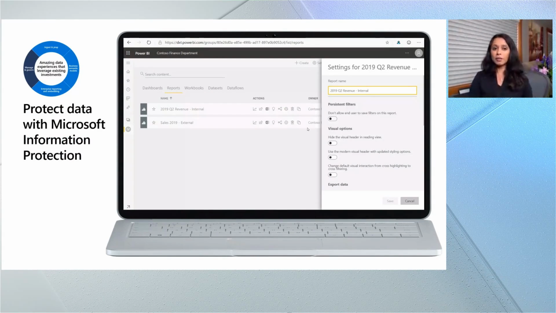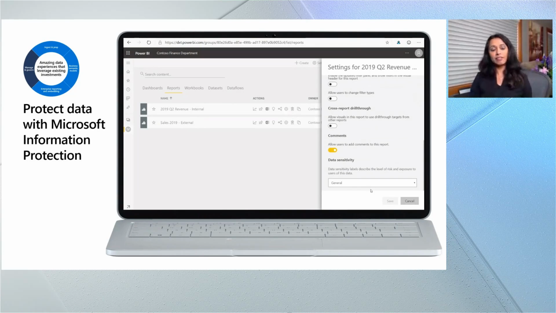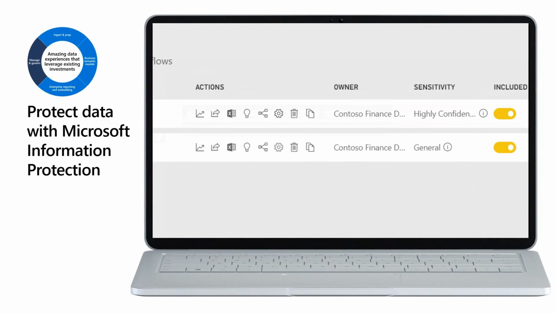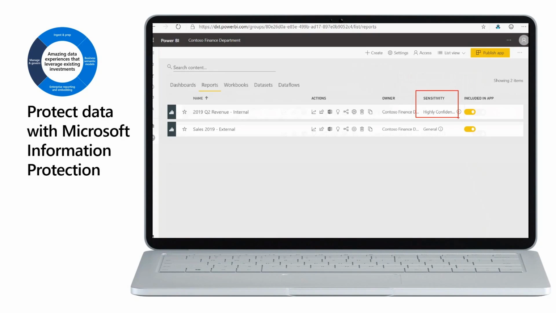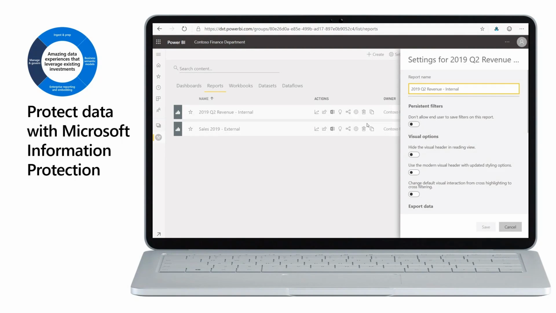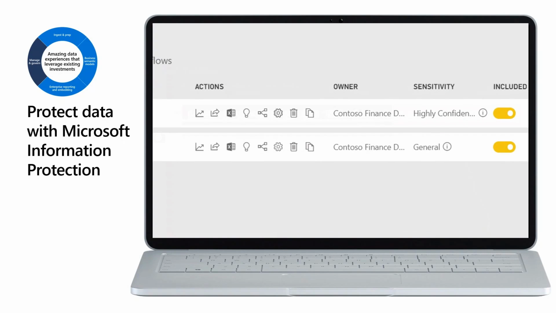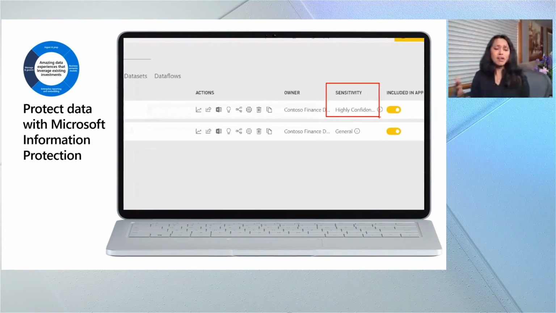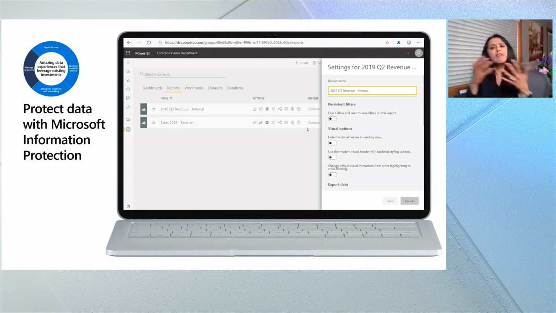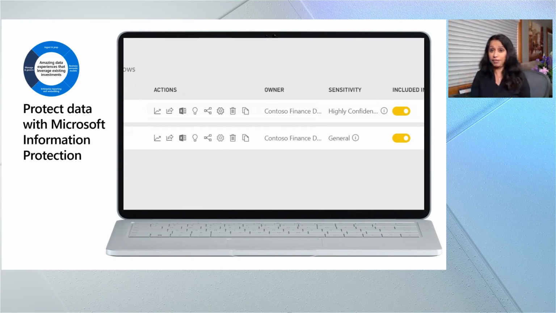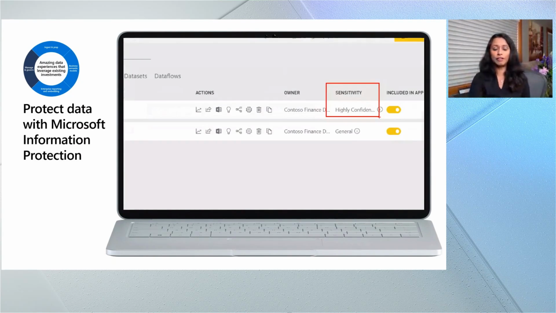So first, I'm going to talk about Microsoft Information Protection. We've integrated all Power BI assets, reports, data sets into information protection, and you can apply those same sensitivity labels that you're familiar with in Excel and Word, and this is available to you today. What's even more important here with our integration with Microsoft Information Protection is, let's say a user downloads the data into Excel. People love to do that all the time. The same sensitivity labels carry forward. You don't have to do any of that at all yourself.